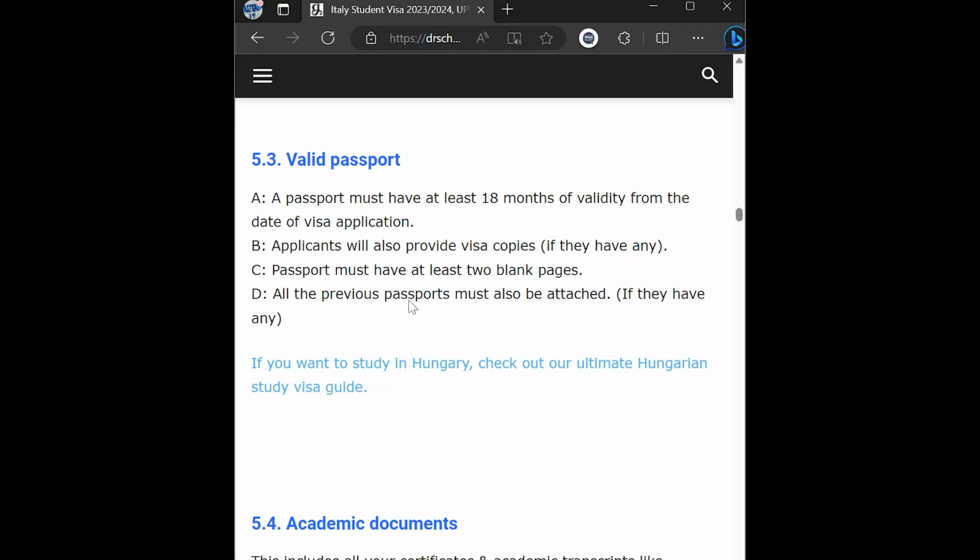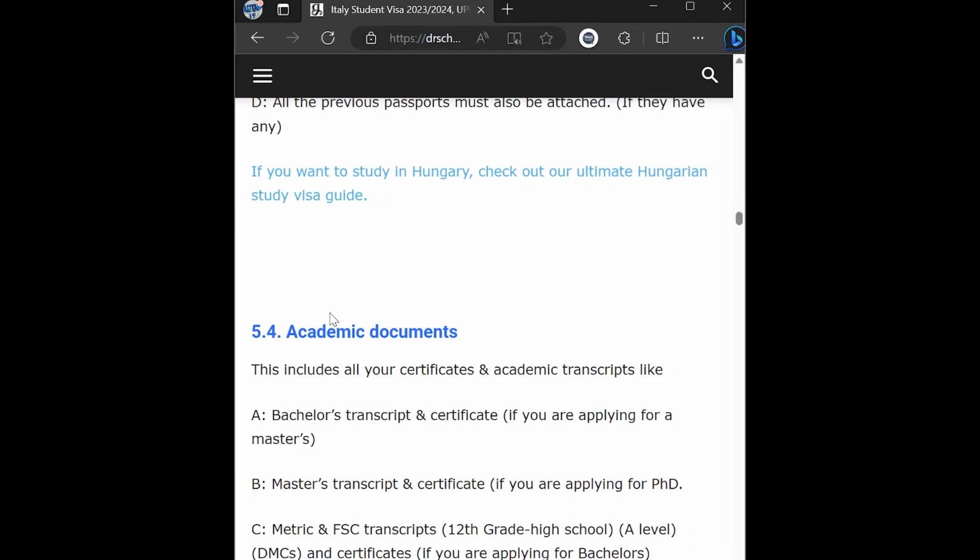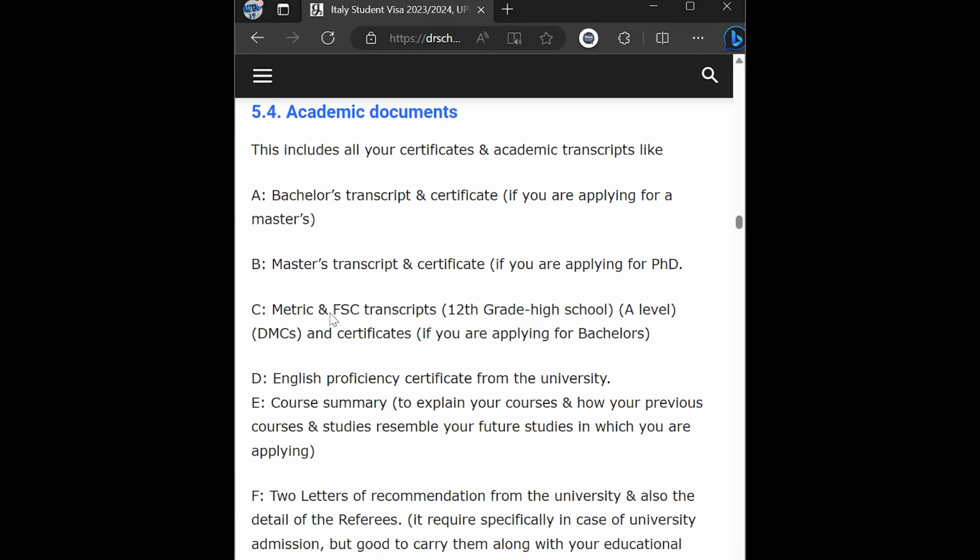All the previous passports must be attached if they have any. For the academic documents, this includes all your certificates and academic transcripts, like bachelor's transcript and certificate if you're applying for a master's, transcript and certificate if you're applying for a PhD, your secondary and high school transcripts and certificates if you're applying for bachelor's, English proficiency certificates from the university,